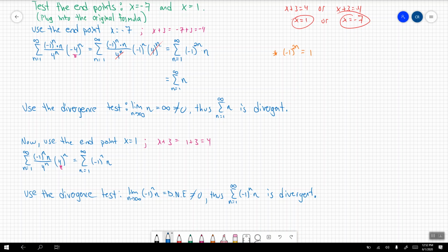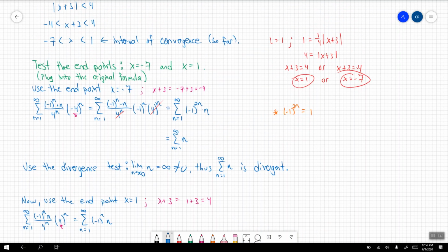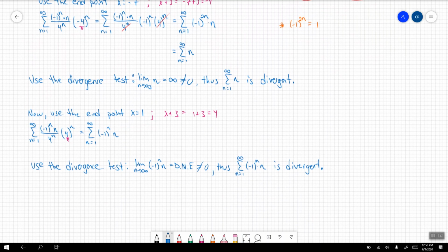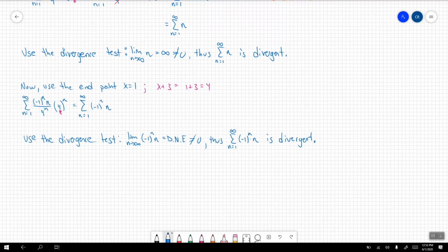Now, since the series diverges at both endpoints, that now cements in the fact that this interval of convergence that we were looking at the beginning is the correct interval of convergence for this series. So I'm going to summarize all that now. Therefore,